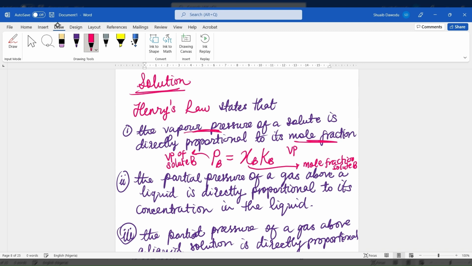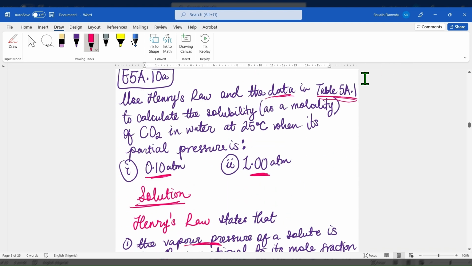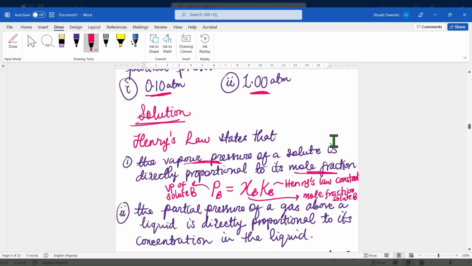And then the third one, which is just simply the constant of proportionality, the Henry's law constant. Each constant is unique to its gas, right? So for example, CO2 gas will have its own constant. That's the reason why we actually have a table 5.8.1. So anyways, you use this Henry's law whenever you are dealing with vapor pressure and mole